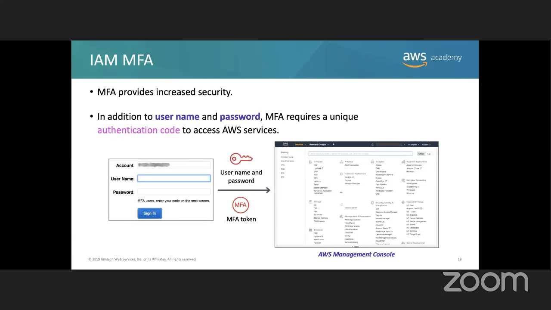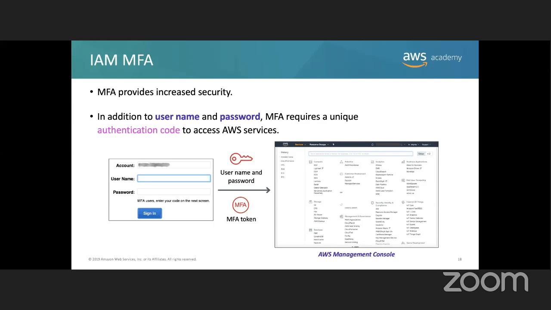Okay, if you are the root account and you create IAM users, you can force them to add multi-factor authentication to make their account secure, and in turn, you're making your account secure. Because let's say that you give a user administrator privileges, that user can do whatever he wants. So if someone accesses his account, then you're going to have a problem.